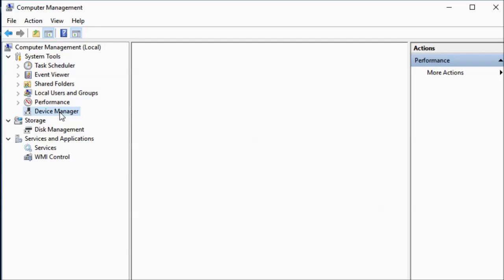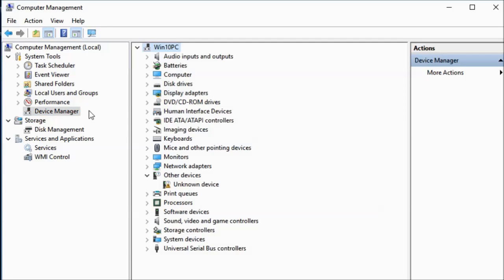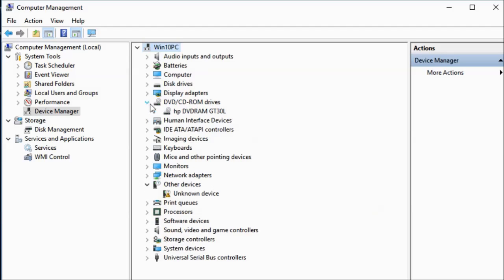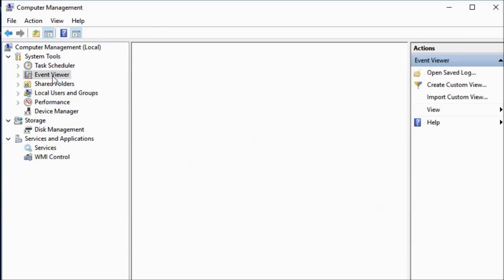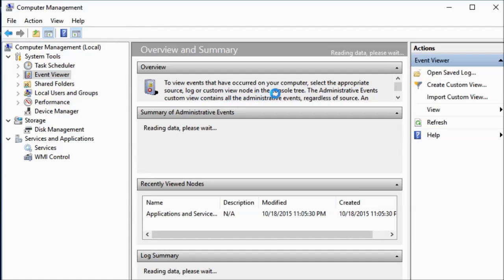We can also access device manager from the console here. If you're technical at all, you're probably familiar with device manager. This is what we use to get information about and manage all the devices inside and outside our computer system. All we have to do is select a device and go from there. There's an event viewer here in the console where we can view administrative events on the